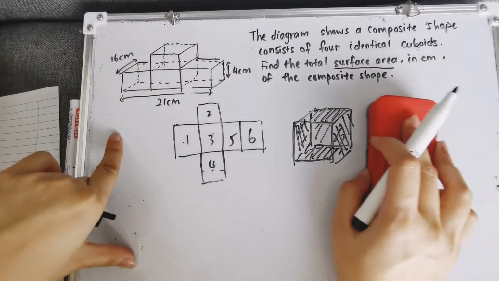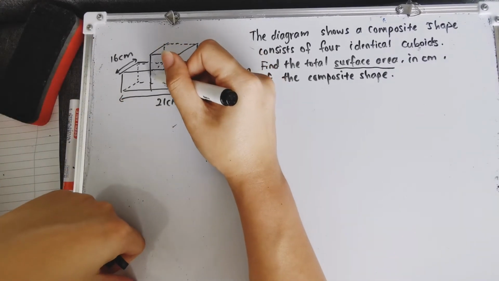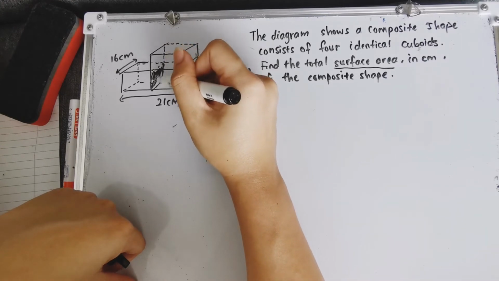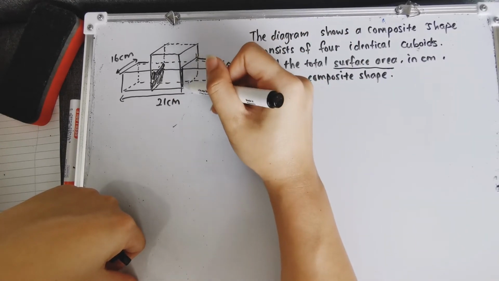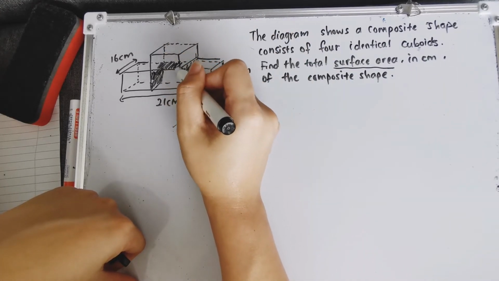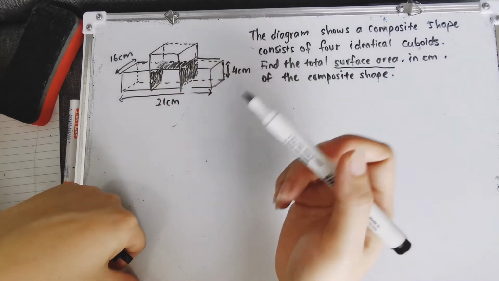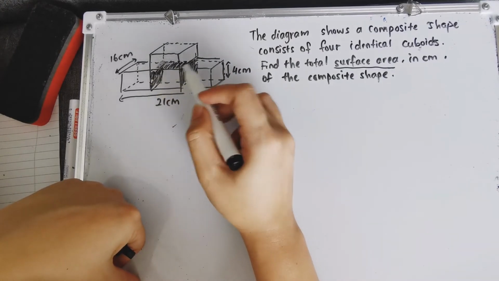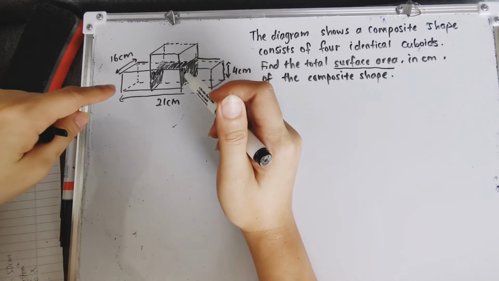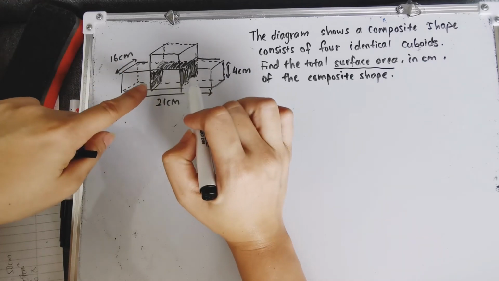Okay, so to do these questions, you must remember, if you can see that this area, and this area, this area is already covered, so we don't have to calculate this area. They're already covered, so we don't have to calculate. So we only have to calculate those that are not covered by the other